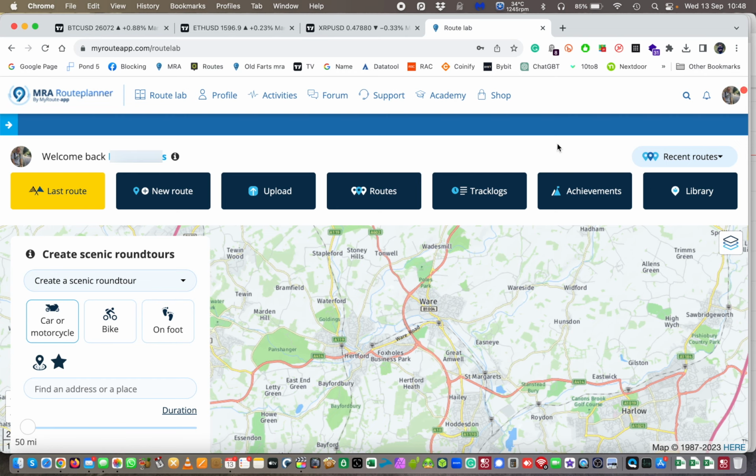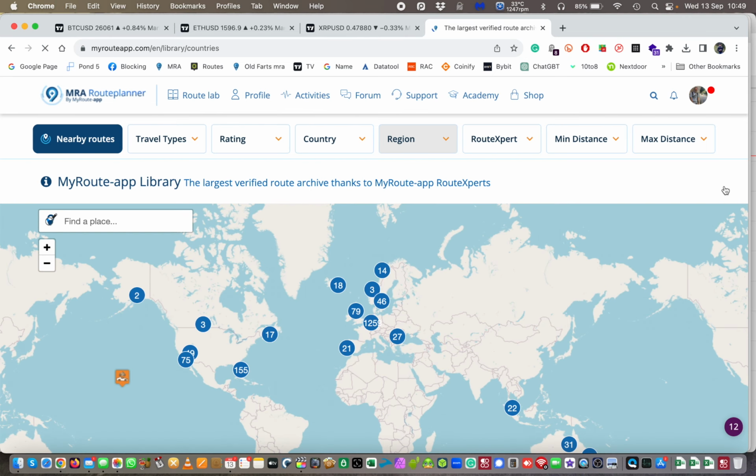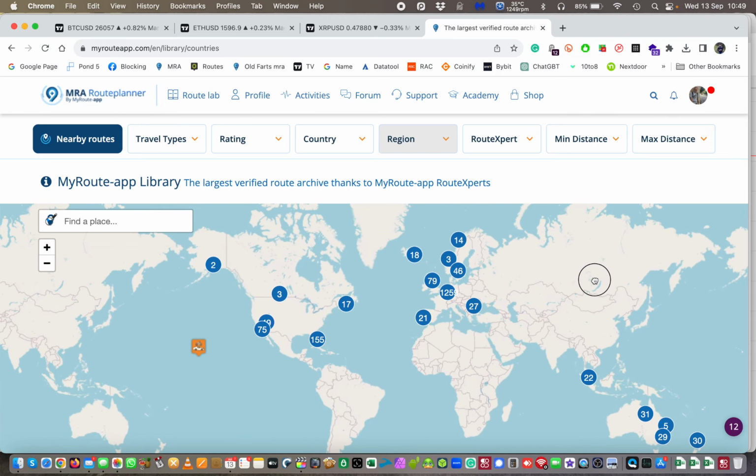So this is hopefully going to be a bit of a shorter video, and this is about how to use other people's routes. As you can see, I'm on the MyRoute App homepage, and I've got all my buttons at the top here. All you have to do is click on this big button that says Library. In the library, you can choose where you are in the world and where you might like to ride. I'm in the UK, so I'm going to click this round